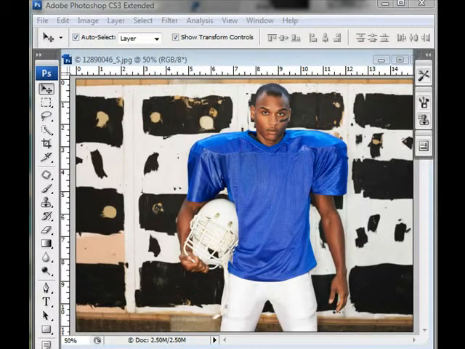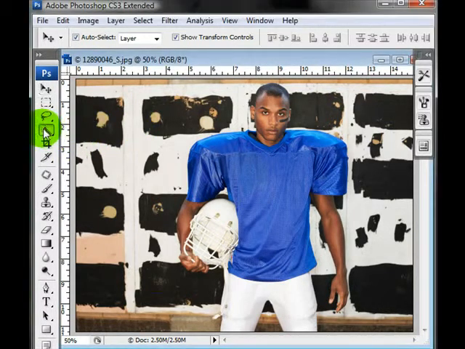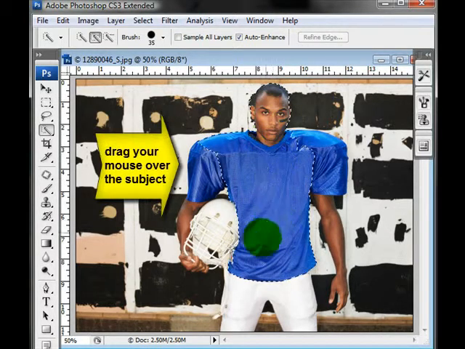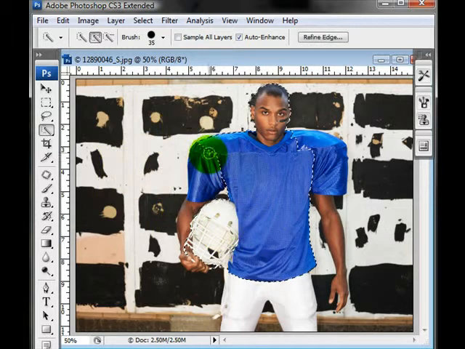Today I want to show you how to use one of my favorite tools, which is the Quick Selection tool. I'm going to go ahead and click on it, and basically it's a brush, so I am going to hit my right bracket to make the brush larger, and I am basically going to remove my subject from the background. So I'm just going to start going over the areas that I want to keep,